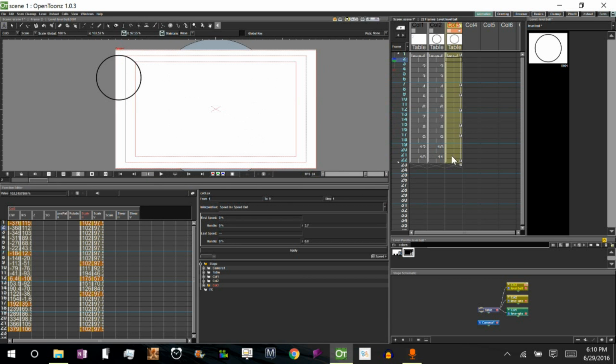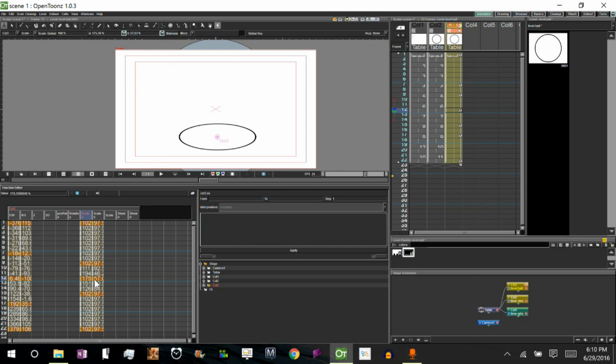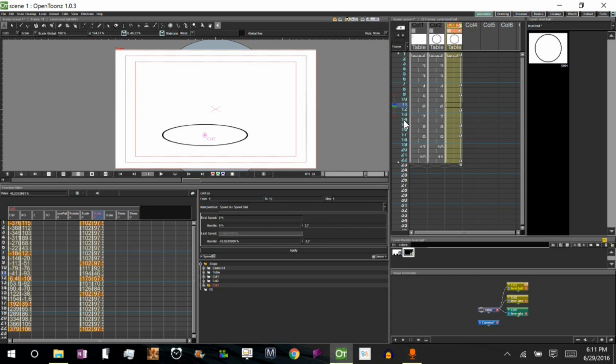So that is another way of animating using OpenToonz, using the automatic interpolation, the manipulation of columns using the edit tool and keyframes, and then also using the function editor to adjust any given value. So that's one way of doing it, and with some adjustment this could be a pretty decent animation. But now let's check out